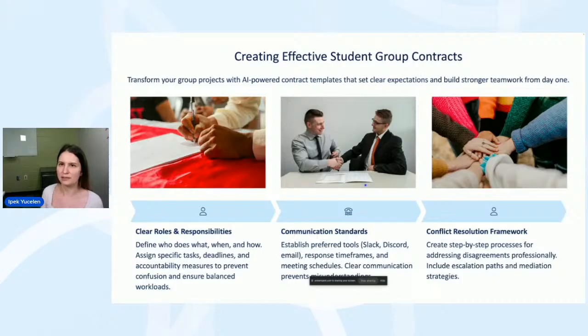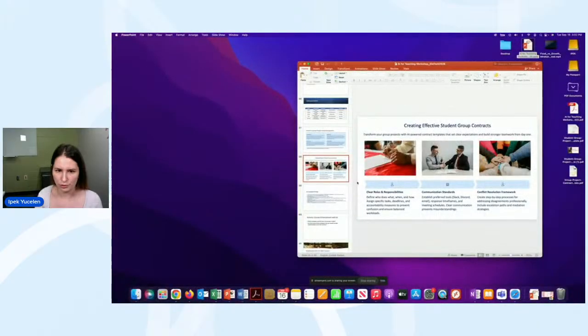This assignment is a student group contract. At the beginning of the semester, each group comes together and signs these contracts, and in these contracts they clearly define their individual roles and responsibilities, how they are going to meet, what the frequency is, which platform they're going to use to meet together, and if there's a conflict, how they are going to resolve it. I just asked AI to help me create that, and the output was really amazing.